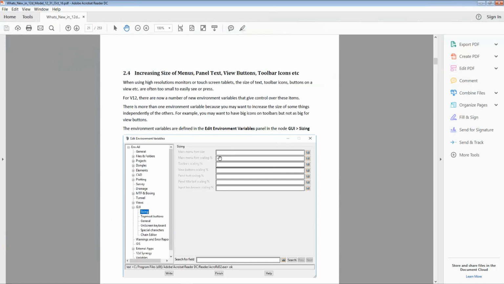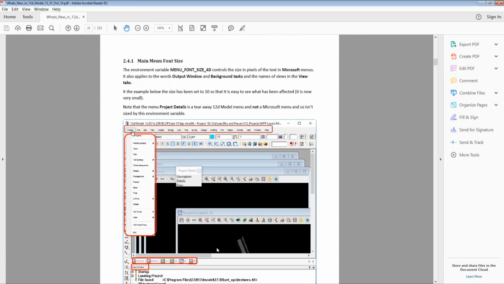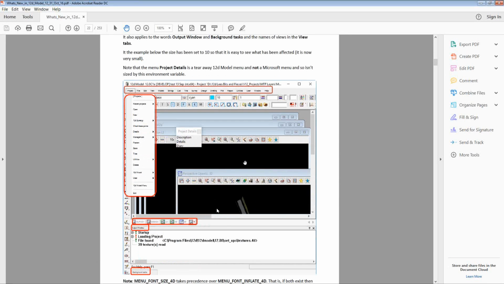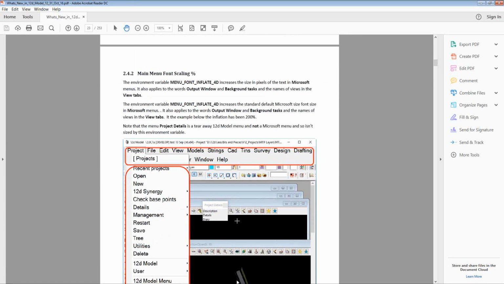You can see in here that it's grayed out at the moment, but you've got the menu font size and the scaling of the menu, the toolbars, the view buttons, the panel text and the panel title scaling, and many other things that you can manage through this. And here you can see we've used a font size of 10 for these menus up the top here, and they're quite small, but if you use the scaling method, you can bring these up to a size that is suitable to your fingers